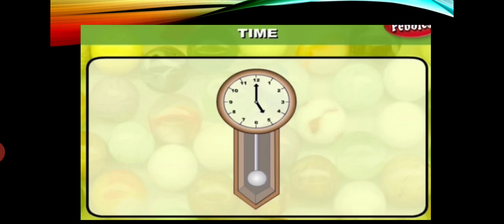So when the minute hand moves from 12 and comes back to 12, the minute hand has to cover a total of 60 minutes. Okay, so here you can see there are two hands, one bigger hand and one shorter hand. Then you can see 12 numbers in the clock. और दो कॉन्सिक्यूटिव नंबर्स के बीच में कितने मिनट्स होते हैं? 5 minutes. We will learn all this one by one.